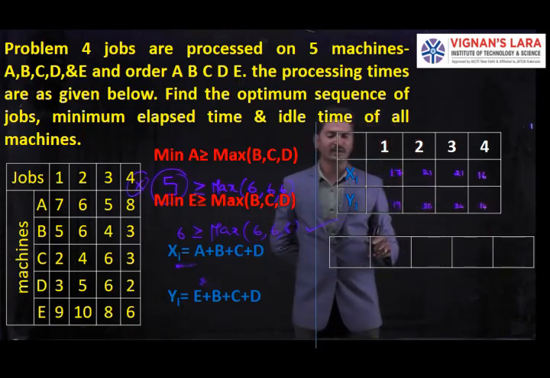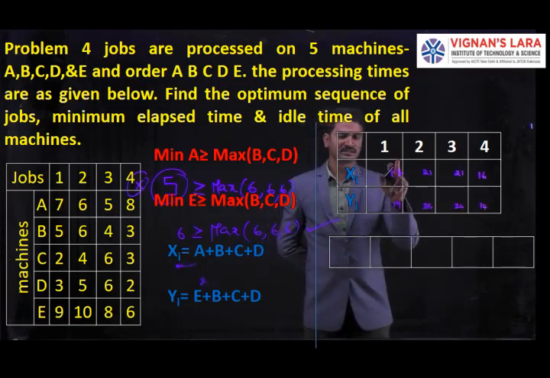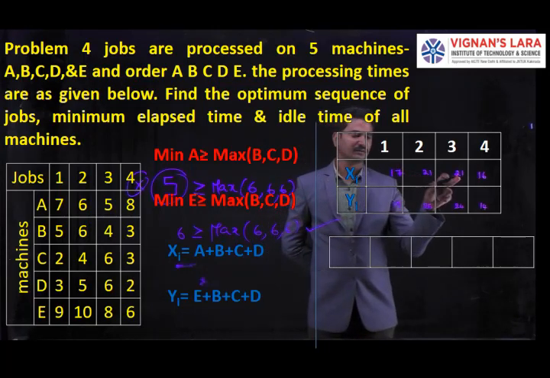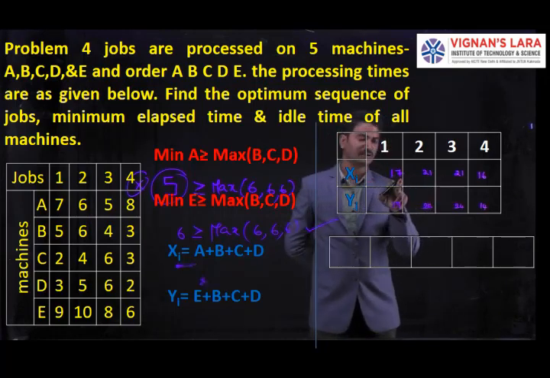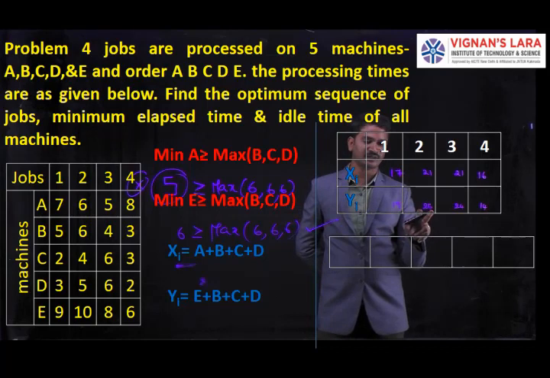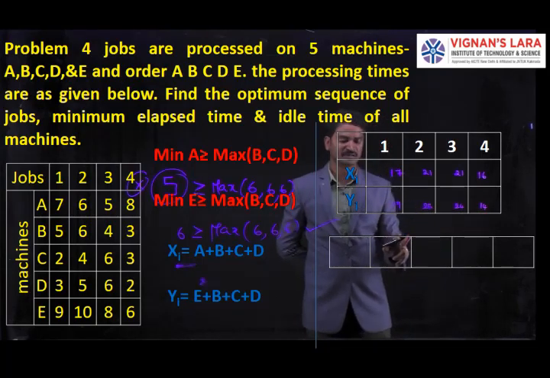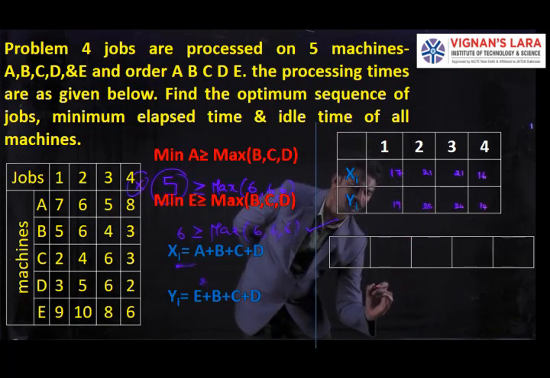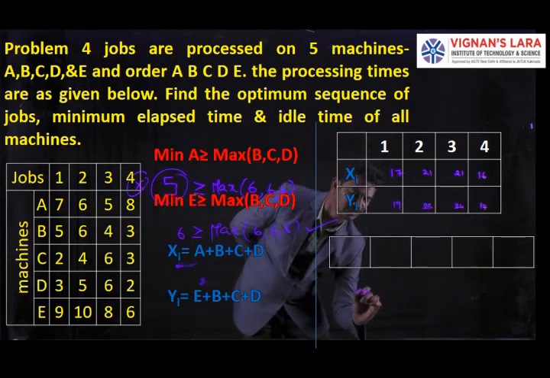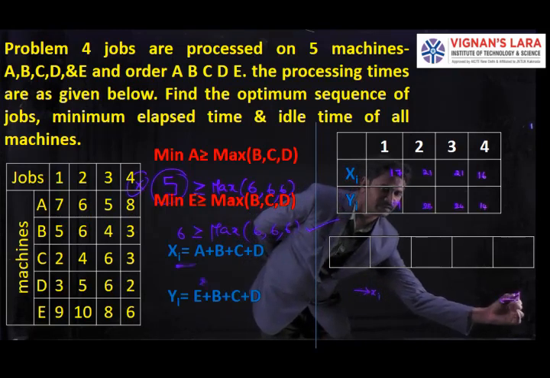Now we are going to find the optimal sequence. Here at first job we have 17, 21, 21, 16, and the values for the second mission are 19, 25, 24, 14. Now we are going to find the optimal sequence. Here this side we are going to take for xi and this side for yi.